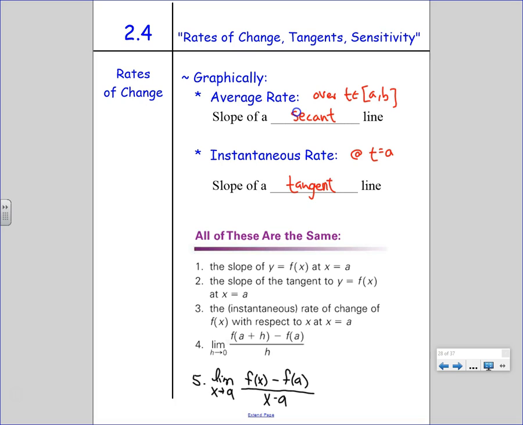I'm so proud of you, Noah. Okay, too cool. So, does it make sense when I say all of these are the same and I added one at the bottom? The slope of f at a, the slope of the tangent to f at a, the instantaneous rate of change, and they might not even say instantaneous, they might just say the rate at a, or the limit as h approaches 0 of f of a plus h minus f of a over h, or the limit as x approaches a of f of x minus f of a all over x minus a. All of these refer to,